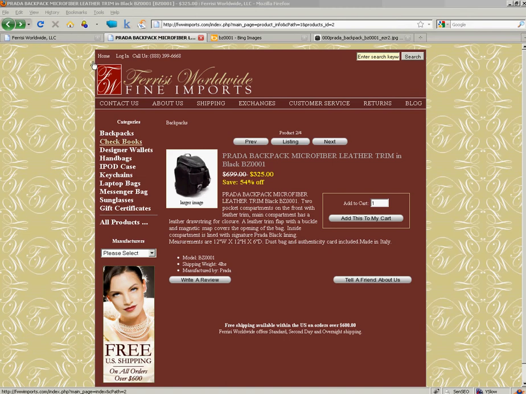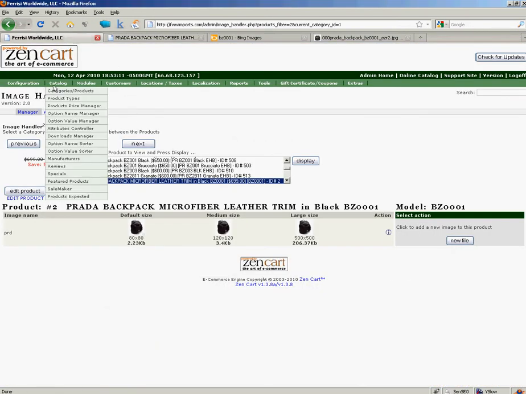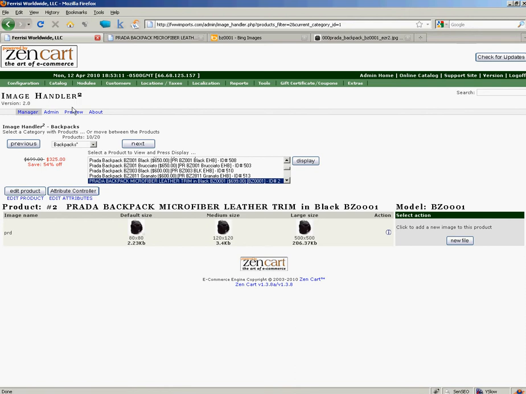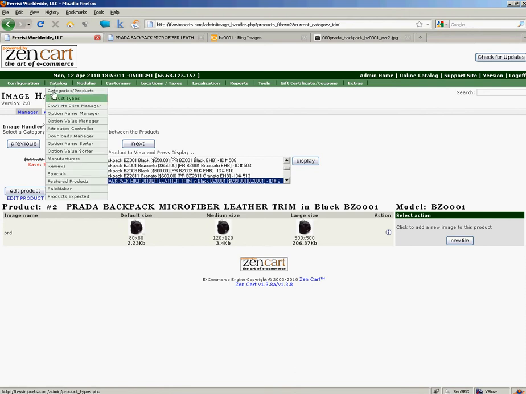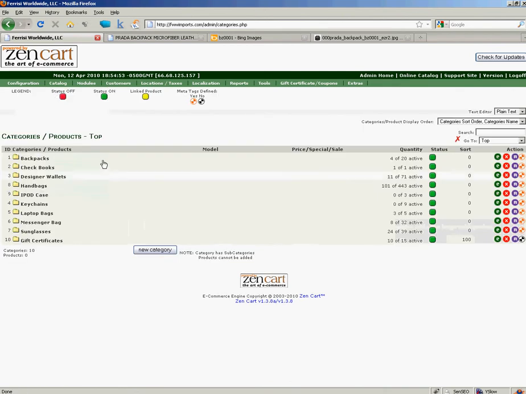So the first thing to do is go into admin right here. This is the area you need to get to, but here's how you do it. Go to categories and products, into backpacks,